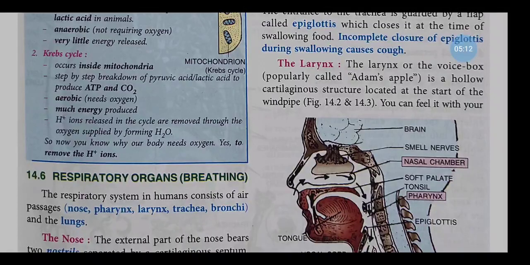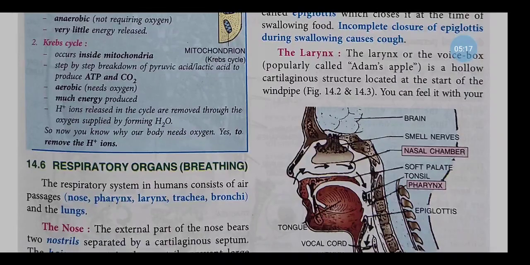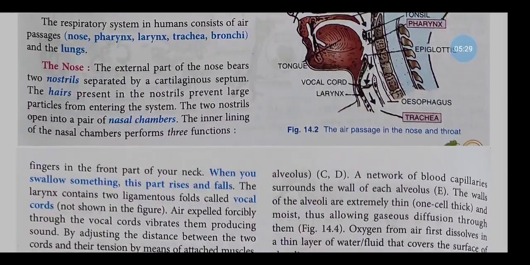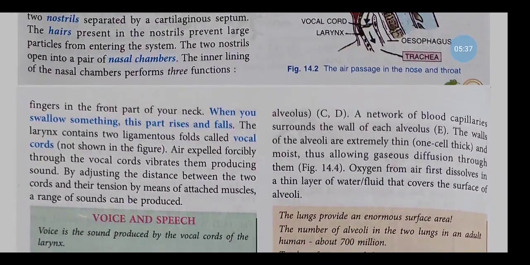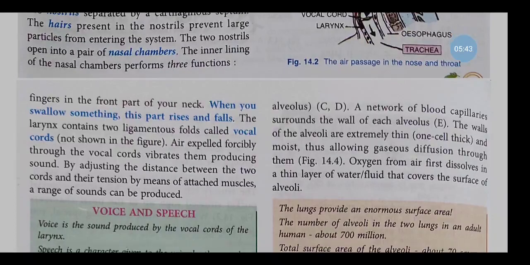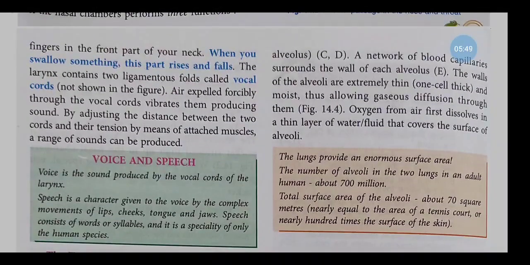The larynx is also known as the voice box, right, which is popularly called the Adam's apple. It is a hollow cartilaginous structure located at the upper part of the windpipe, right? When you swallow something, this part rises and falls. The larynx contains two ligamentous folds called vocal cords. Air expelled forcibly through the vocal cords vibrates them, producing sound. By adjusting the distance between the two cords and their tension by means of attached muscles, a range of sound